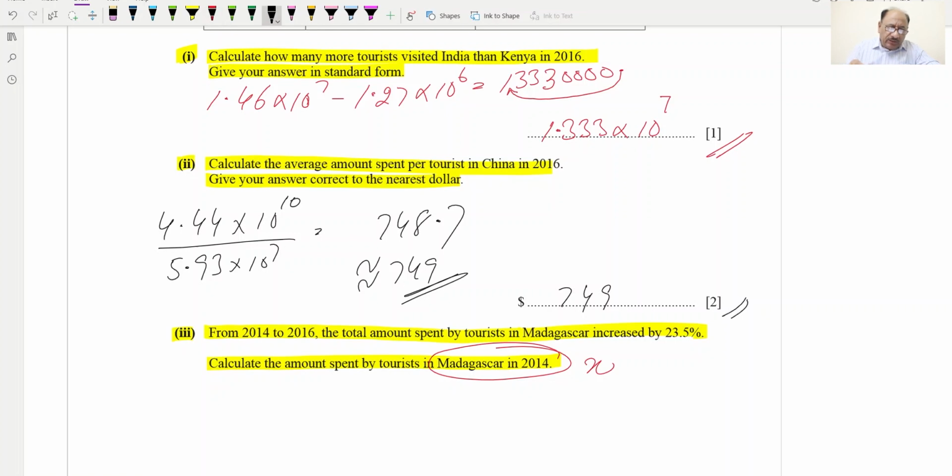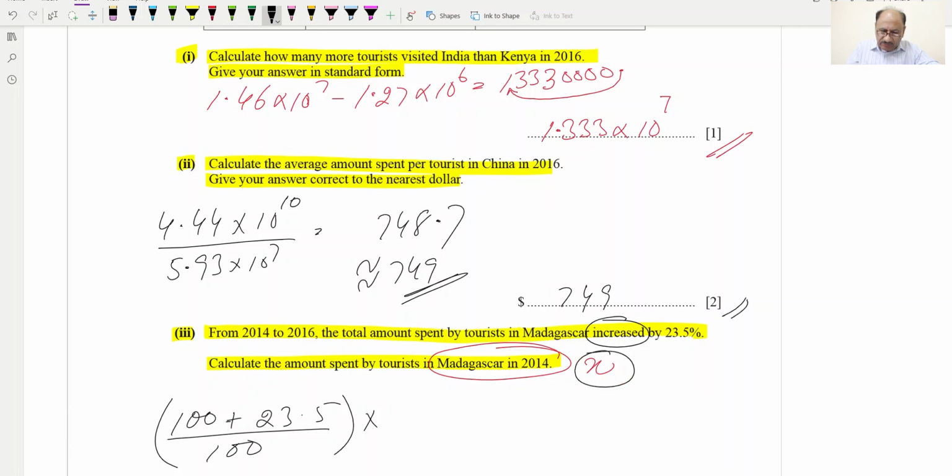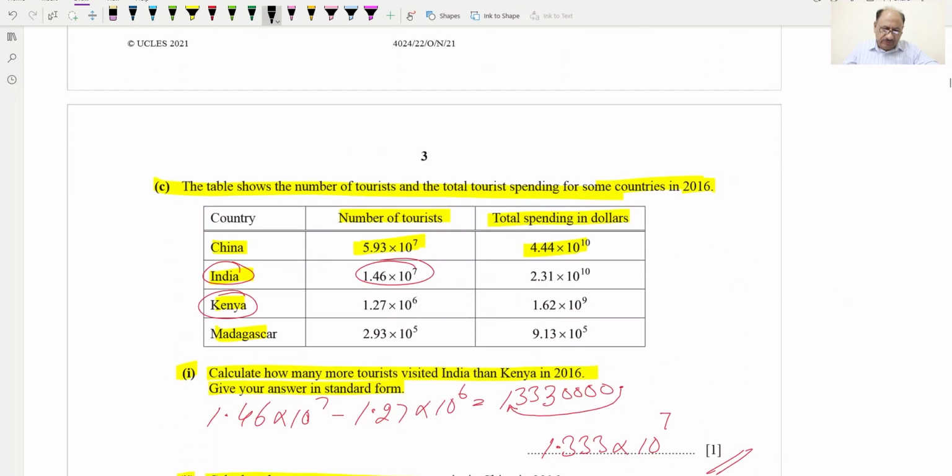Since it increased, this will be addition, so (100 plus 23.5) divided by 100, multiplied by x, is equal to the 2016 amount spent in Madagascar,